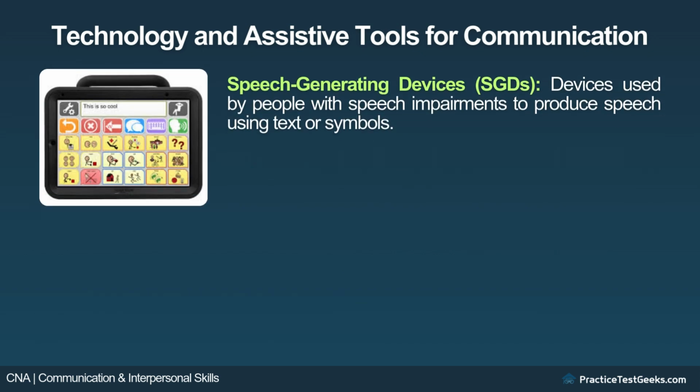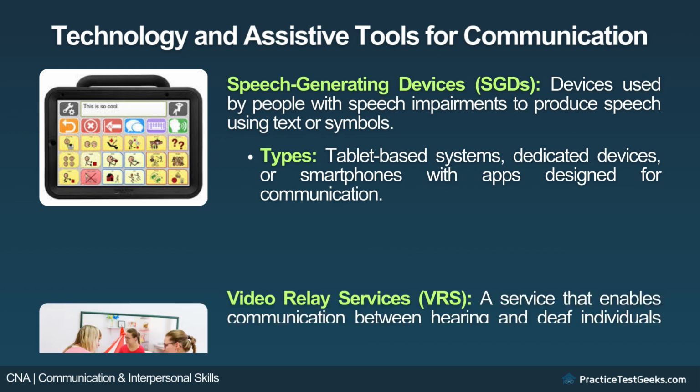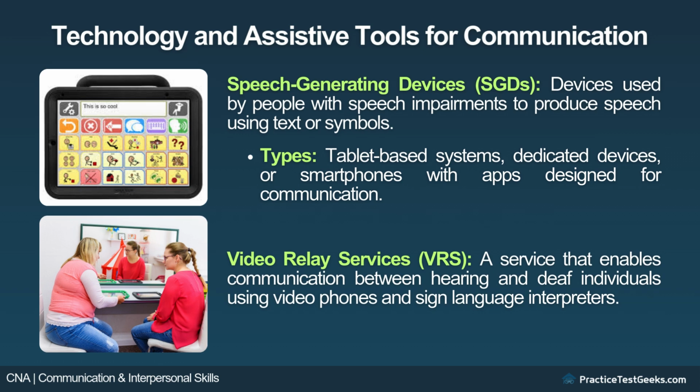Speech-generating devices, SGDs. These devices allow people with speech impairments to produce spoken words using text or symbols. They come in different forms, such as tablet-based systems, dedicated devices, or smartphone apps designed specifically for communication. Video relay services, VRS. Video relay services make it possible for deaf and hearing individuals to communicate through video phones